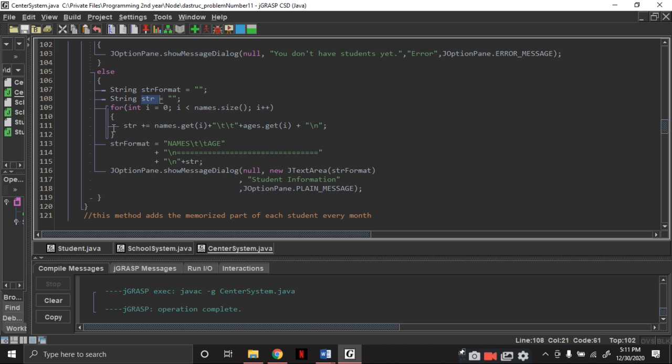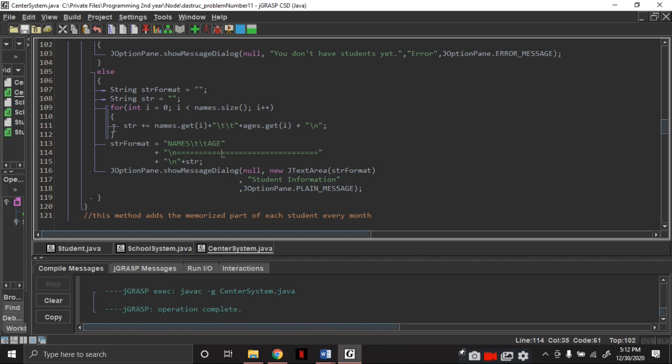So str is empty, then str equals str plus names.get, so I get the zero index of the array list, and then I also get the zero index of the ages array list.